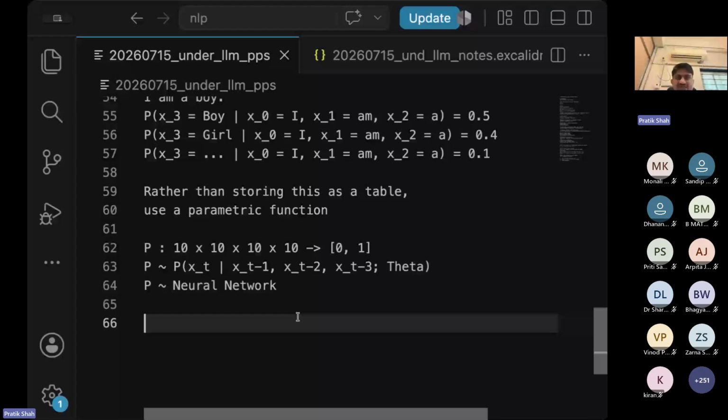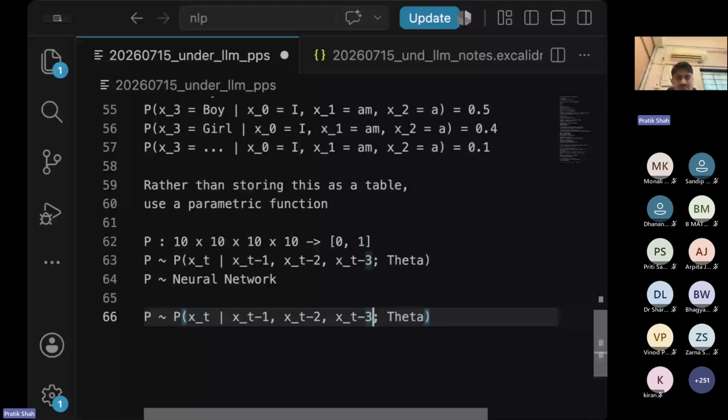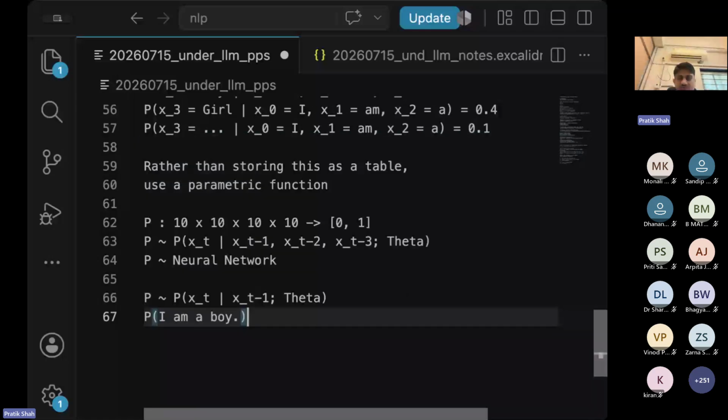As I said, I have a language model with me. Suppose I have this function with me. For the time being, I'm going to use only a one-hop arrangement, let's say. And then I would say, find out the probability that I am a boy. What is the probability given this theta? It is a parametric model. So given this parametric model,